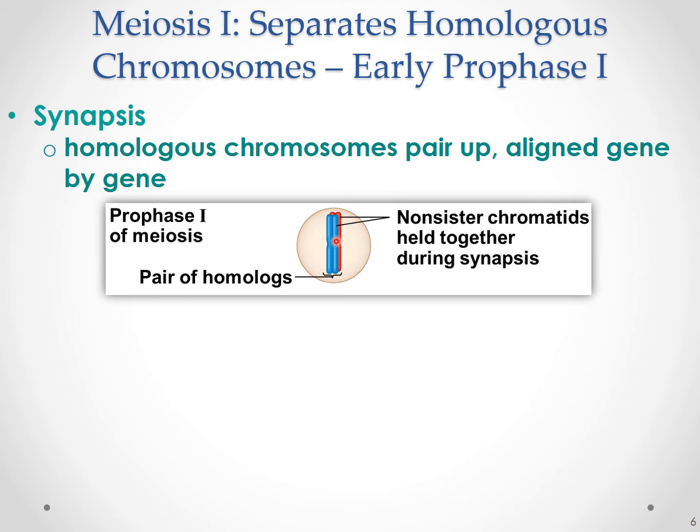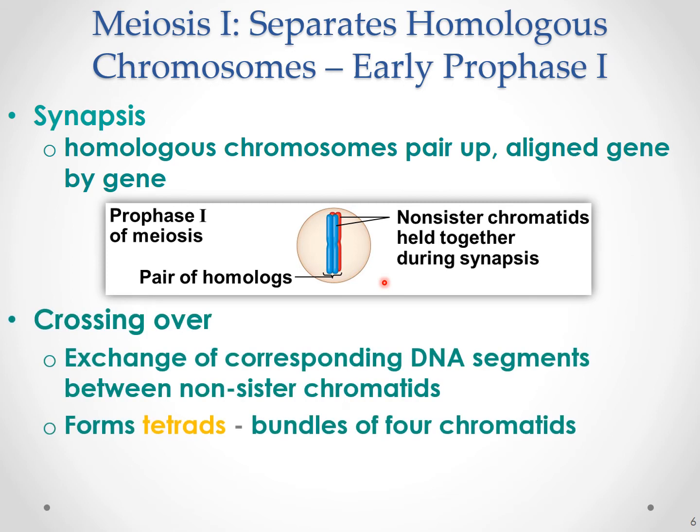And they're going to, again, create this tetrad. Okay, so this occurs during prophase one. The next thing that occurs during prophase one is crossing over. So once the homologous chromosomes pair up, okay, they're going to start exchanging